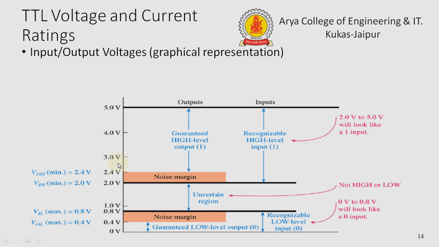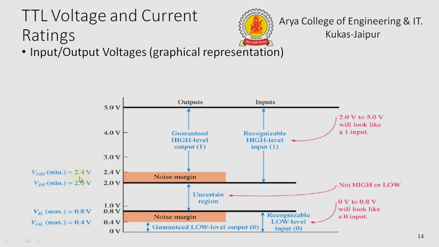So here are the TTL voltage and current ratings. We know TTL is a transistor logic circuit in which transistor circuitry is applied in gate form. So it shows how from analog signals we get the digital output in the form of levels. Here are the voltage and current ratings which show the levels of voltage and currents.